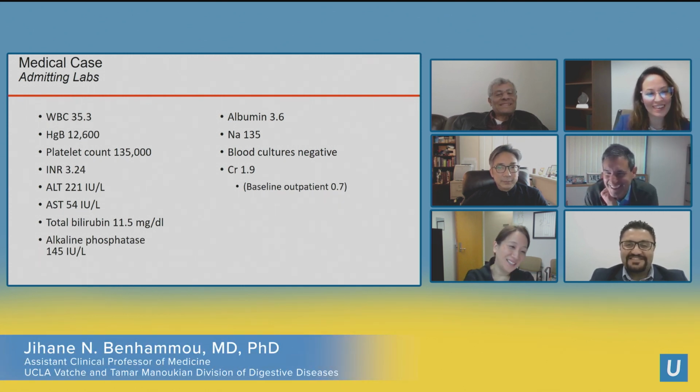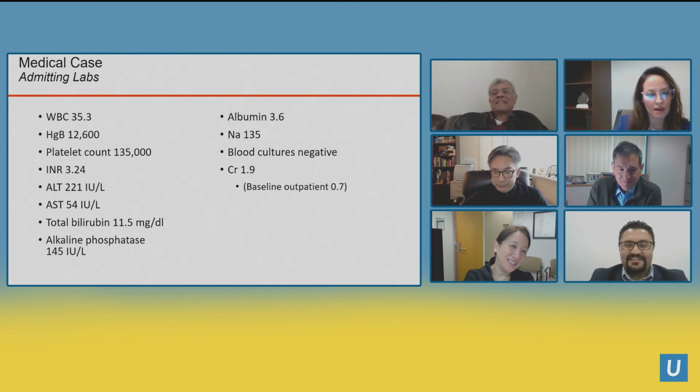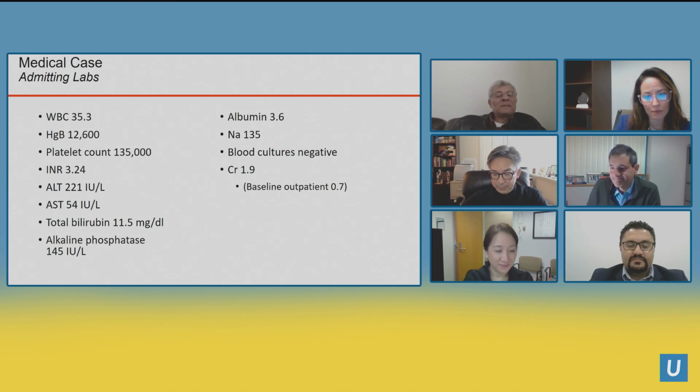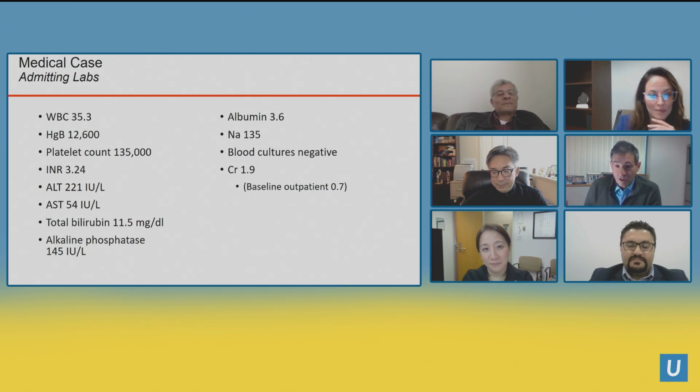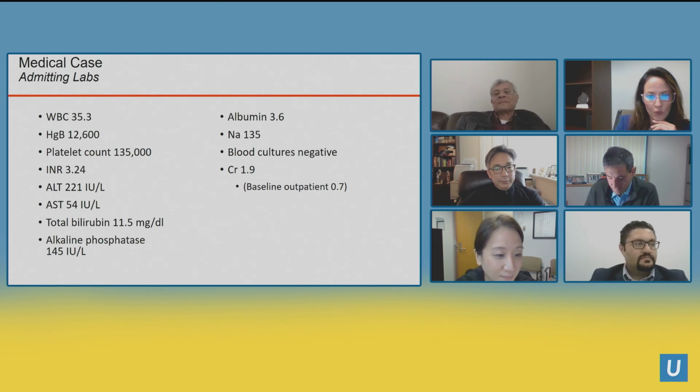Great answer. So, the leukemoid reaction of 35 is really concerning. The low platelet count, clearly the INR, he has evidence of synthetic dysfunction with a low albumin. And the total bilirubin of 11, obviously you start to suspect potentially alcohol use, starting to sound like acute alcoholic hepatitis potentially. And the creatinine is also a big concern. When I start to see creatinine jump in these patients, I get really worried.